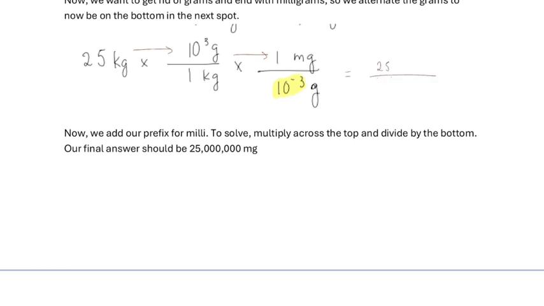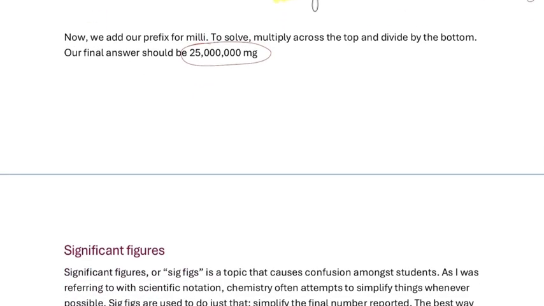So it should be 25 times 10 to the third times 1 on top, and then 1 times 1 times 10 to the negative third on the bottom, and then we just divide. Makes it a little bit simpler and makes sure that you really don't forget anything along the way. So we get a very large number, which makes sense because milligrams are very small. You'll probably be asked to report this in scientific notation. So you can see here that this would end up being 2.5 times 10 to the 7th